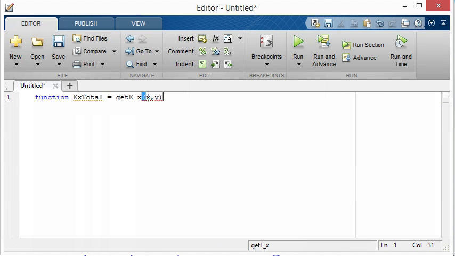X comma Y. And then that's an end for the function, and tab to indent for the function statements. Function return variable is ex total. It's equal to function name get ex x comma y. That looks good. Now let's do, I remember I was going to say k equals 8.99 times 10 to the 9th. That's the Coulomb constant, and then I think it was x equals